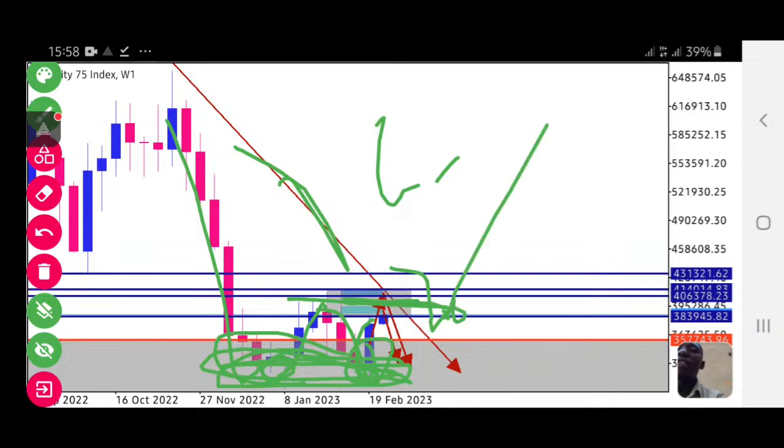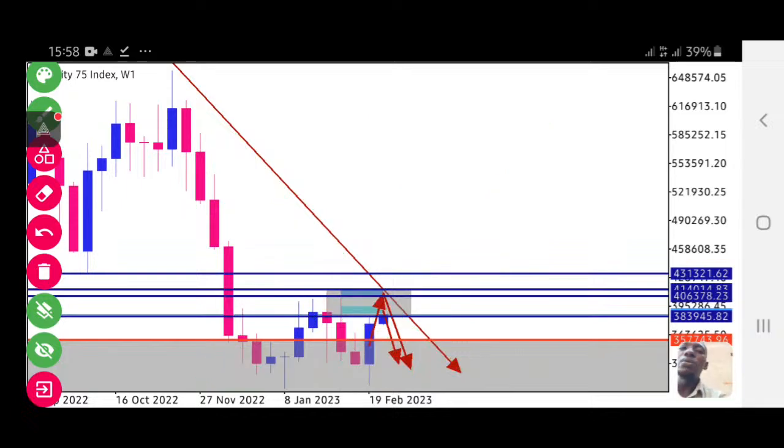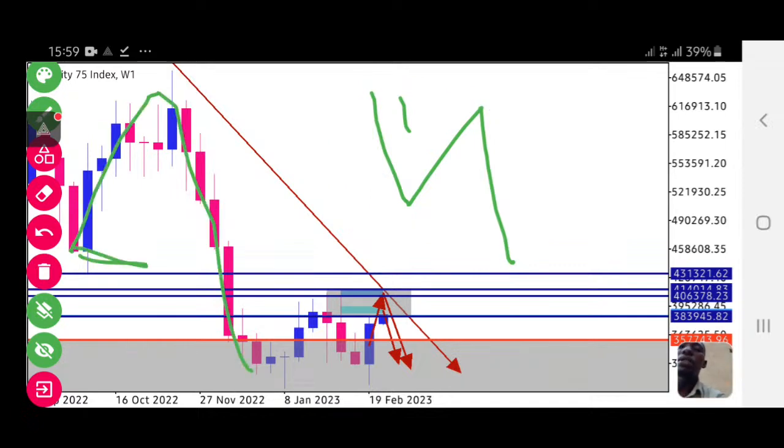But even if it breaks this trend line, that will not be the only confirmation. That will not be enough confirmation to tell us that we are going to buy. Why? Because we know that the market always moves like this. What you see here is the same thing you can see here, which means the market has broken this zone in the weekly. It comes to retest first, it will come to retest.